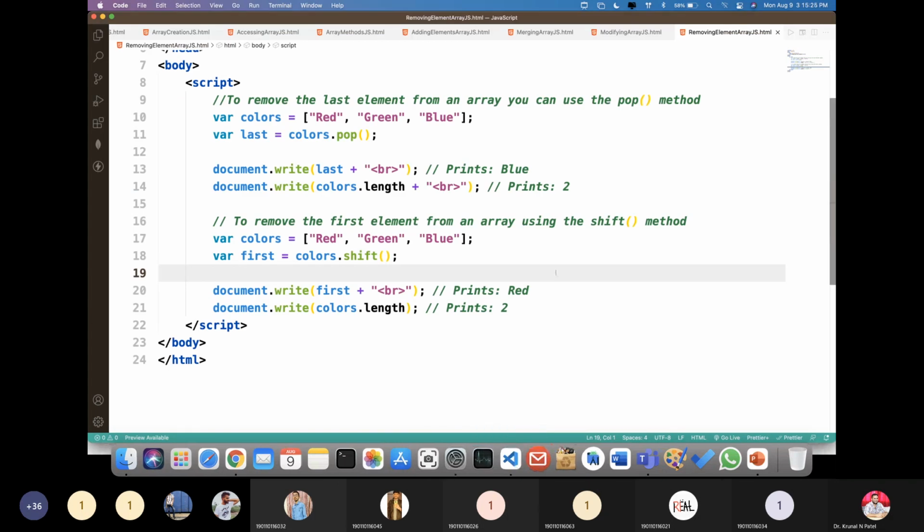So these are very simple examples, and we have already discussed all the types of array modifications, accessing, and all that stuff. I hope it is clear to everyone. Is there any doubt up to this?